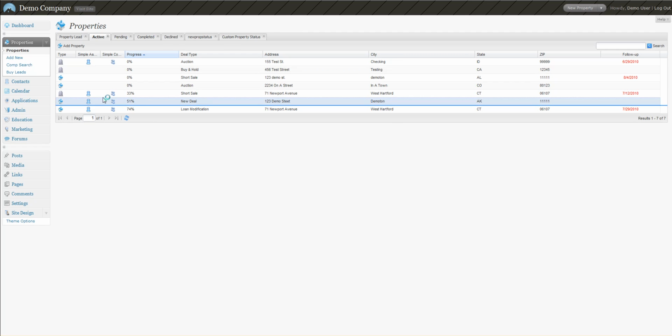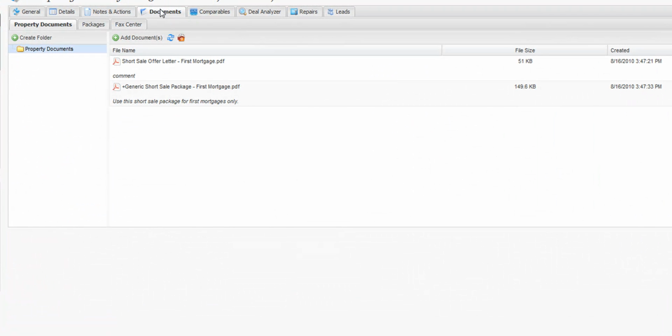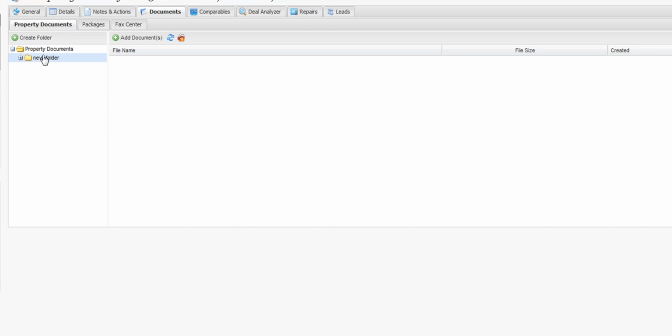within a property. So if we open up a property, we're going to go over to the Documents tab, and we already have a couple in here. So to keep ourselves organized, we have the option to create a folder. You may end up with a lot of documents associated with the property, so it's kind of nice just to keep everything organized. So if we want to add a document within one of these folders here, we just click